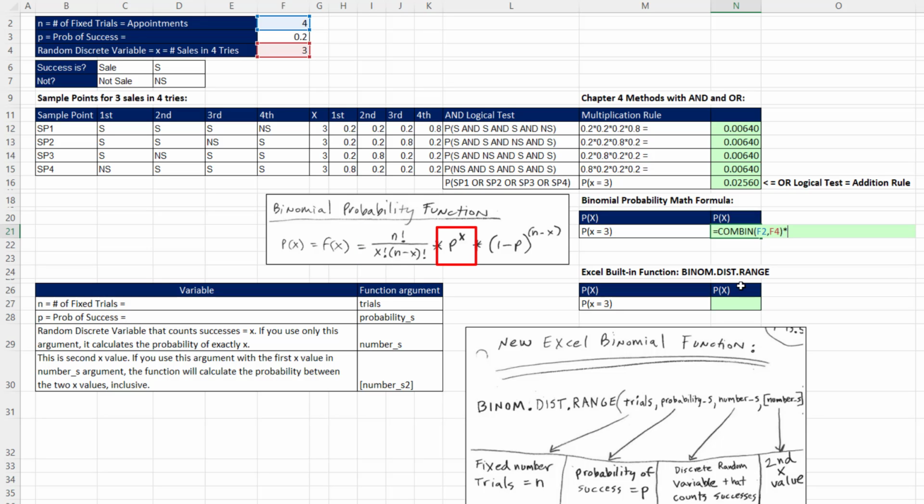Now we need to multiply by the probability of success raised to the x. And then multiply that times 1 minus probability of success, close parentheses. And we need to raise it, and we have to do subtraction first for the exponent. So in parentheses, number of trials minus x. And close parentheses, that's our formula. We get exactly the same thing. Now let's try